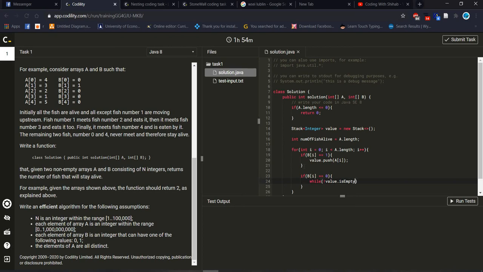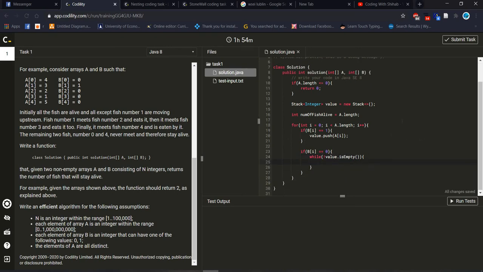When the stack will not be empty, if value dot peek is greater than A[i], if it will be like this, then wait.